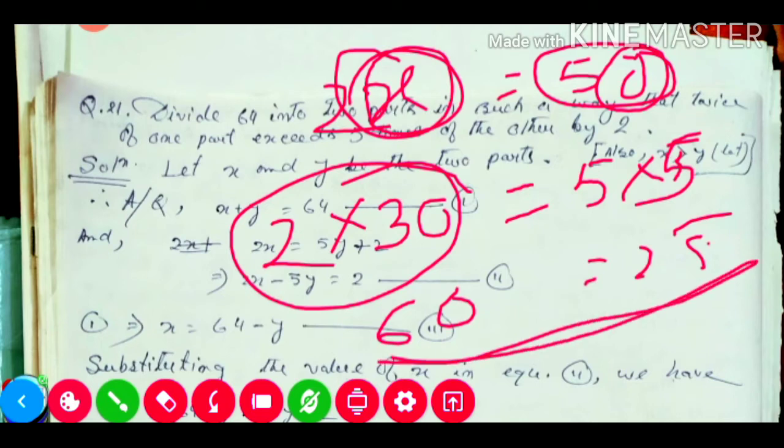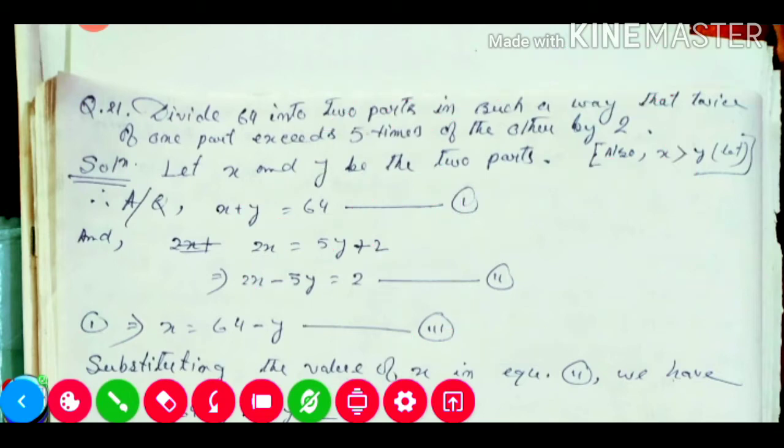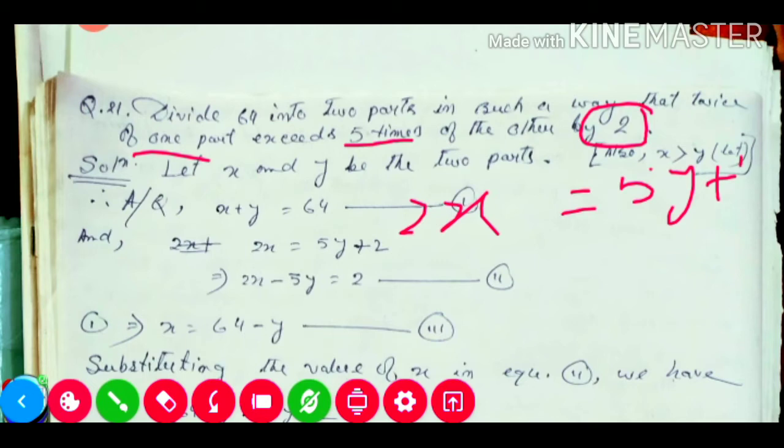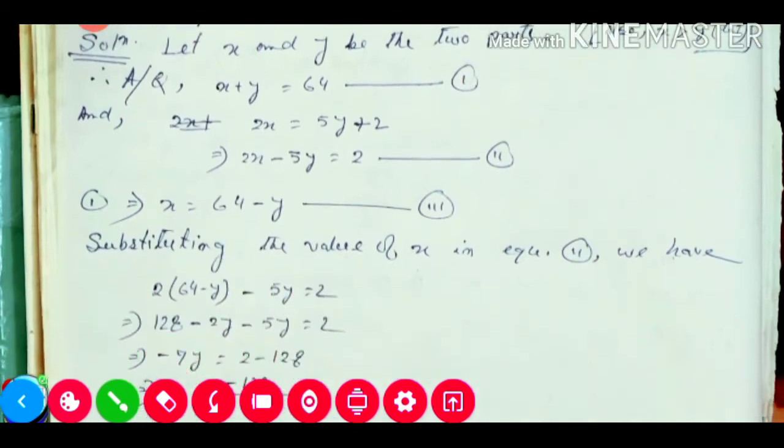So that means here we need to add more numbers. So that time both sides will be equal. Same as here, this one is giving 5 times, then also this number is 2 more. Our 2x is 2 more. So this 2 we need to add with this smaller number, 5y plus 2, so this will be equal. Now 2x equals 5y plus 2. Now this 5y we are shifting to the left hand side, so it will be 2x minus 5y is equal to 2.